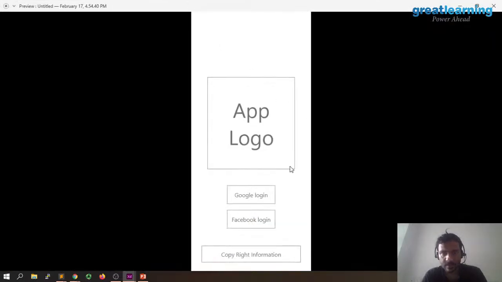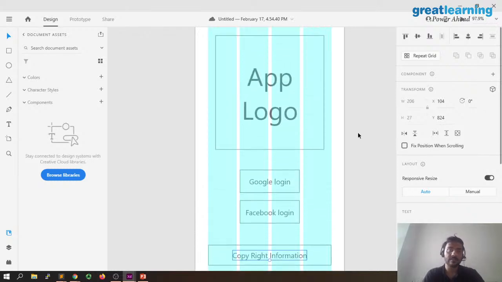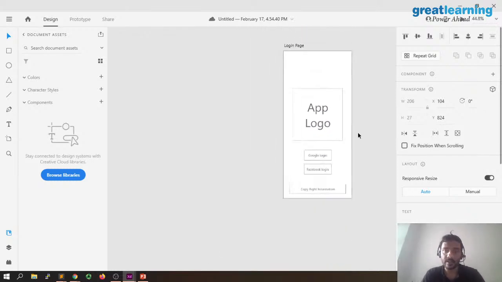Okay. So this is what a basic website looks like, basic app looks like, right? So you have the app logo, you have the Google login, and you have the Facebook login, and you have some copyright information. So again, we made a very basic wireframe that I was able to make right now in like few seconds. So this is how you would go ahead. You'll create a very basic wireframe, then you come up with a better iteration of it. Now I'll show you guys how to make a better iteration of it also. This is just me going and doing it on my own accord.